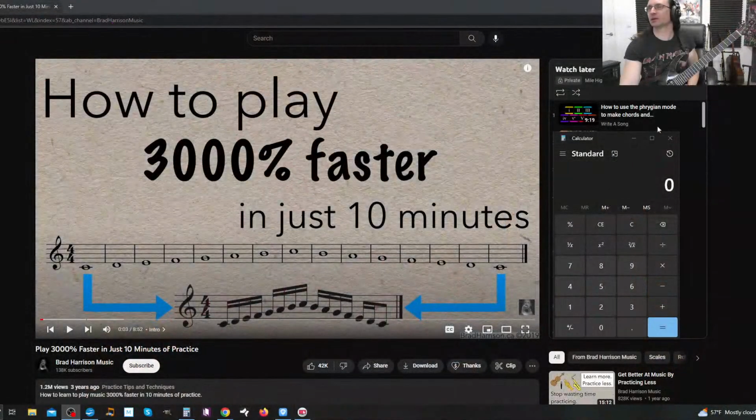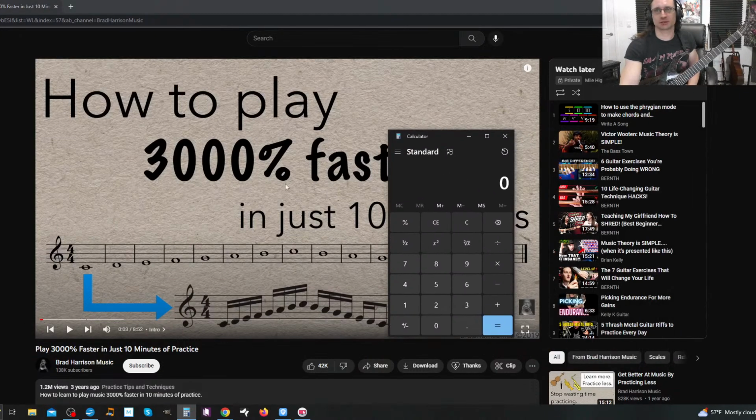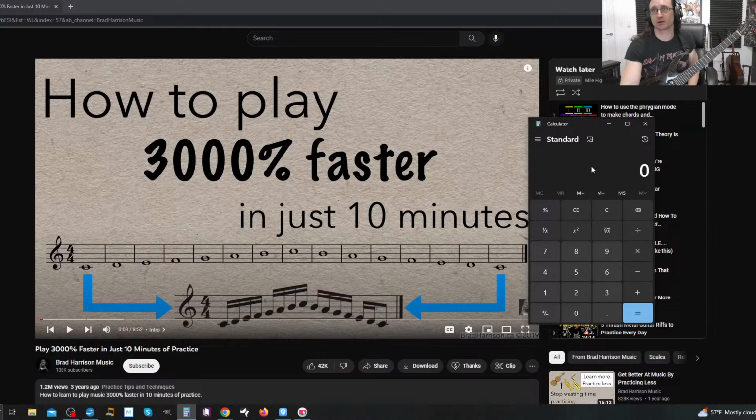Let's see. Got a little calculator here. Let's see how bad I am at math right now. So obviously, even if you're playing 16th notes at 60 beats per minute, something as simple as going up by 100% would be just adding 60.